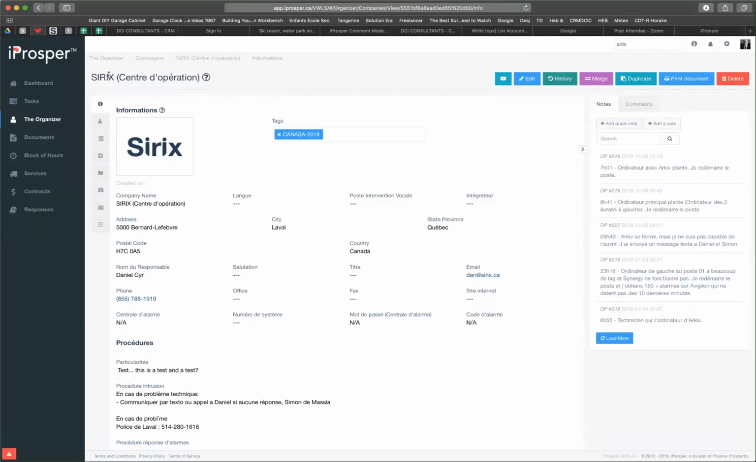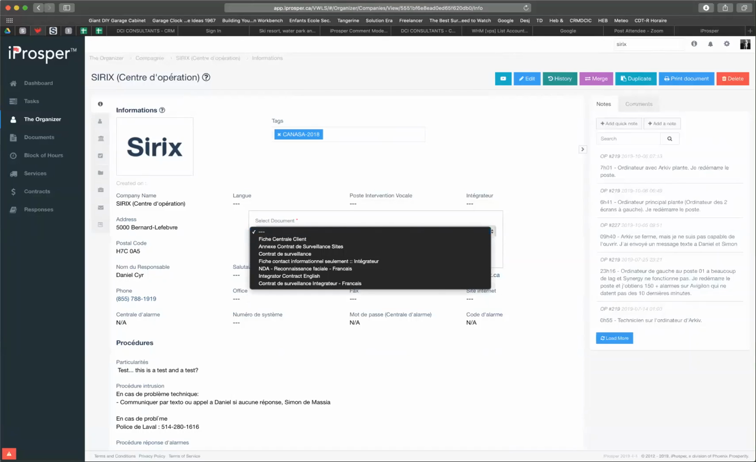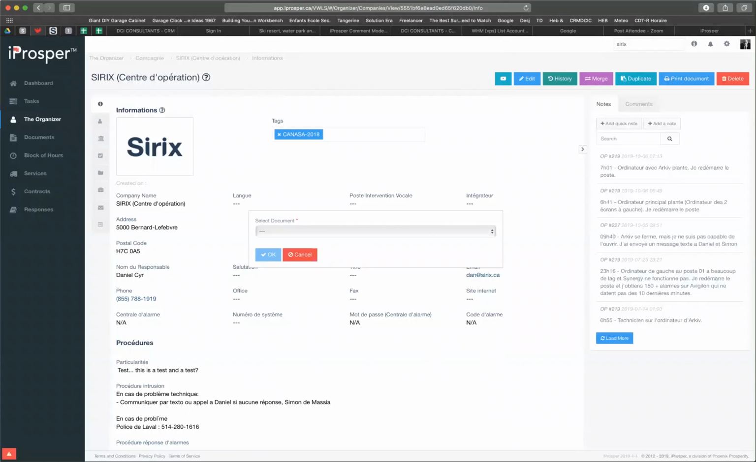Duplicate, same thing. If you want to duplicate a contact or a company, you would do it here. And last but not least, documents, print documents. So print documents basically allow you to